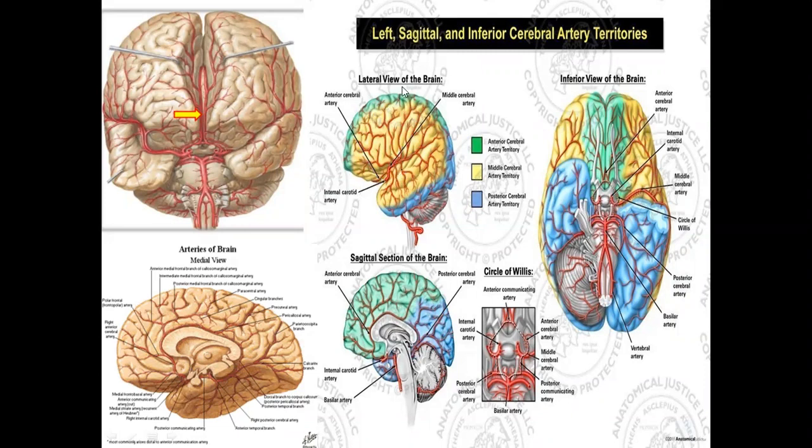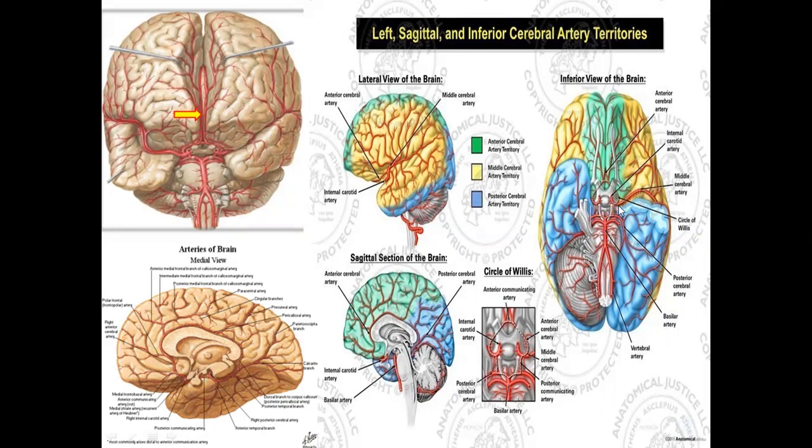Only the leg area is supplied by the anterior cerebral artery. Move forward. So this is again the picture of the circle of Willis, vertebral arteries. At the lower border of the pons, it becomes the basilar artery. Then this is the posterior cerebral artery, which is the branch of the basilar artery or the vertebral arteries. And the two vertebral arteries join with the branches of the internal carotid.